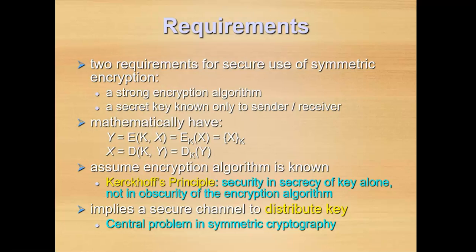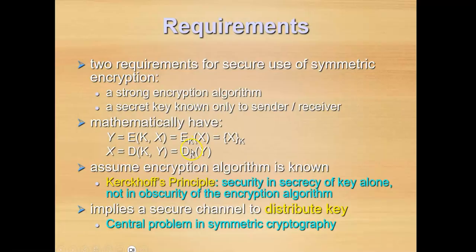The deciphering is applied to the cipher text Y with the help of the same key, and it is represented as D_k of Y. So encryption is E_k of X, that means the original message is encrypted, and at the receiver end, the cipher